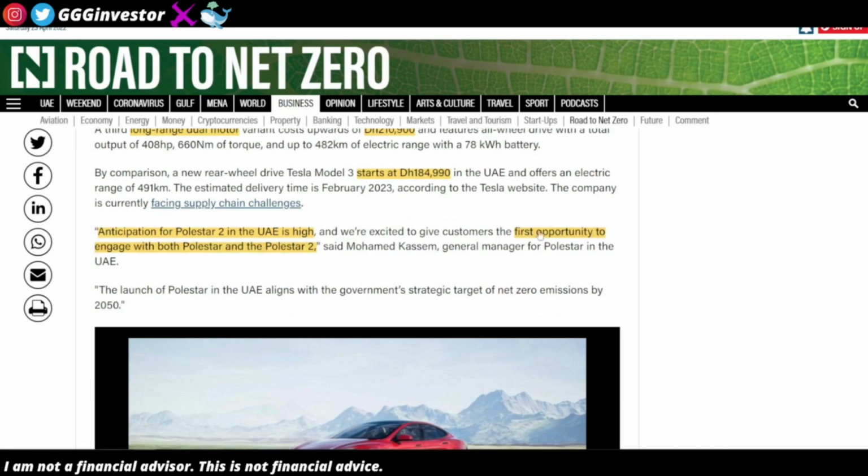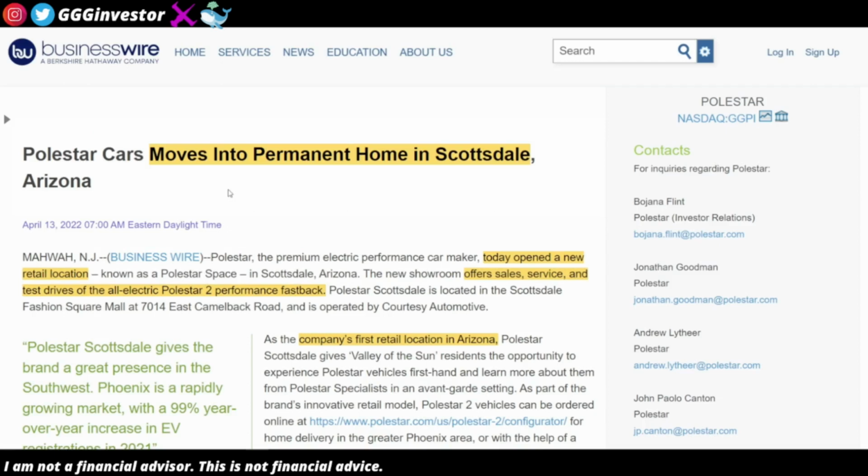And obviously there's a lot of anticipation for the Polestar in the UAE market. It's going to be the first opportunity for them to be able to engage with Polestar and the Polestar 2 model. And then speaking about opening up a pop-up shop in Dubai, they actually just moved in permanently